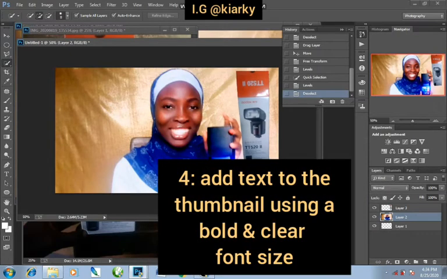Now this section is about adding text to the image. I will be using a clear font, and I'll make sure that the size of the text is very bold, because you don't know which